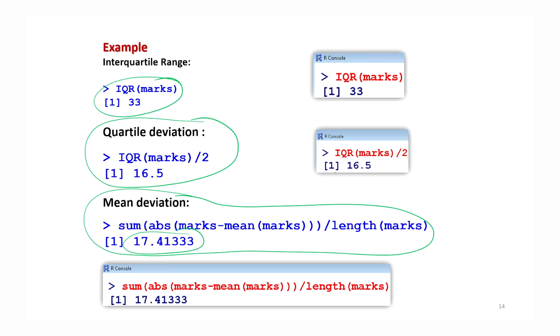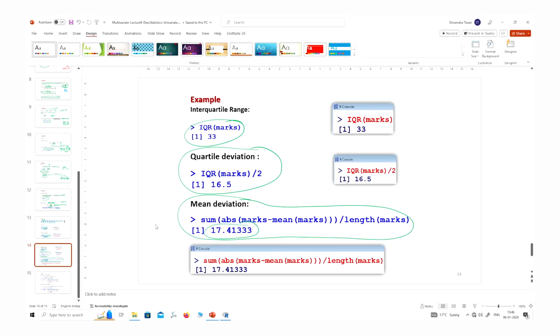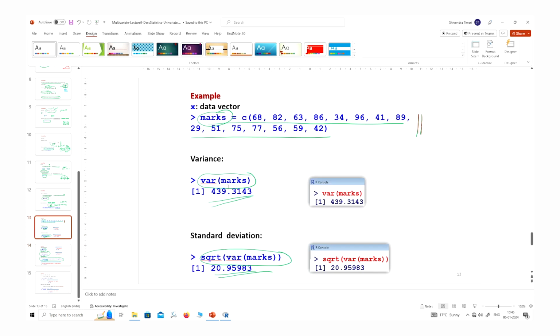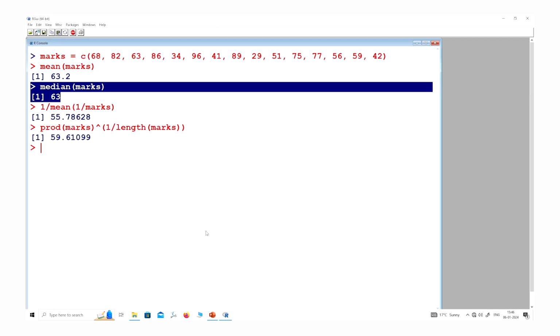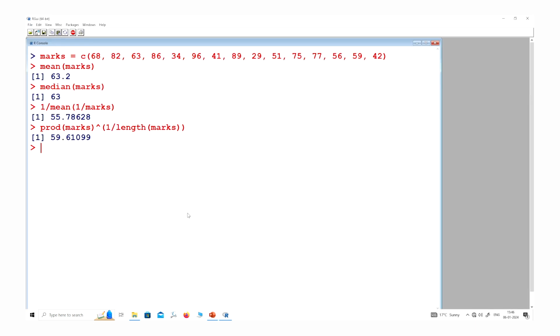Right. So this is how you can go here like this. But before I move to the last slide, let me show you these things over the R console. Right. So these marks are already here. If you see here, this is the variance of marks.